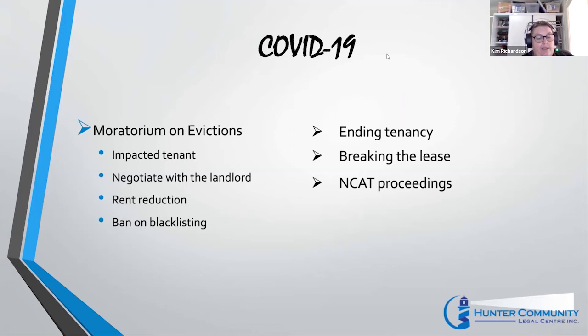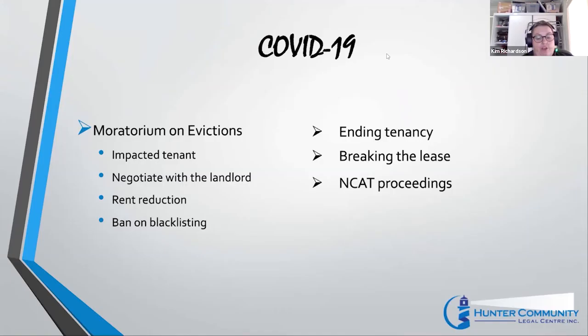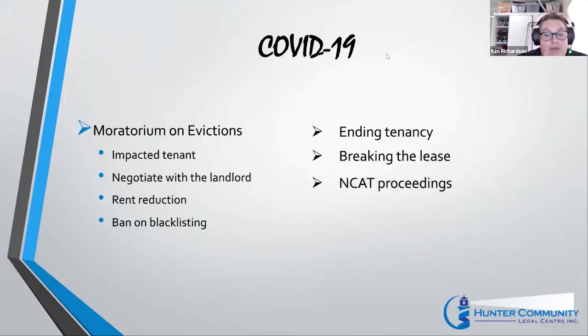Extended notice periods for certain other lease termination reasons, allowing tenants financially disadvantaged by COVID-19 to terminate tenancy agreements where the landlord will not negotiate or where it is necessary to avoid financial hardship, and retaining the ability of landlords to terminate a tenancy agreement in cases of undue hardship.